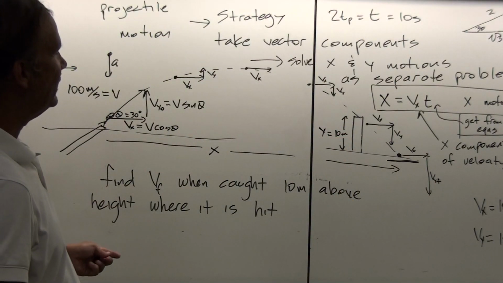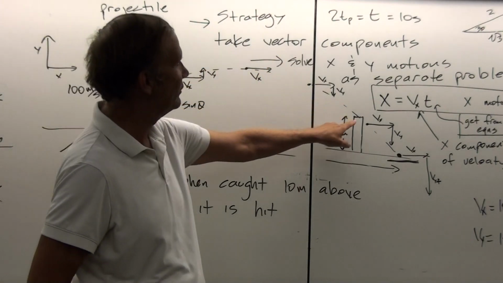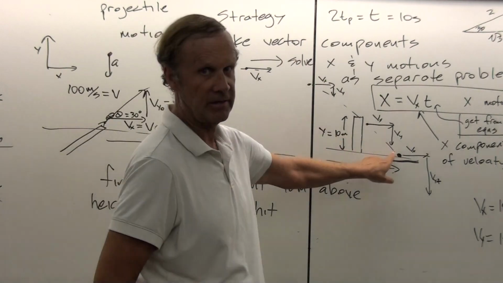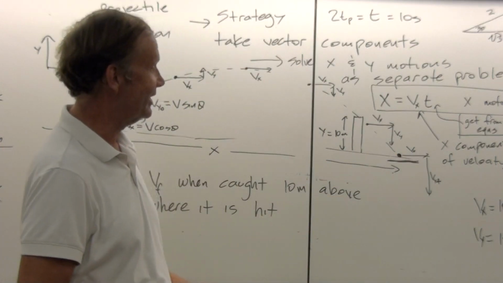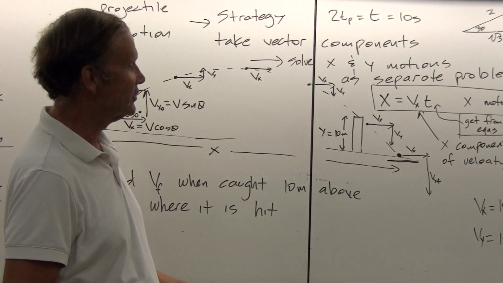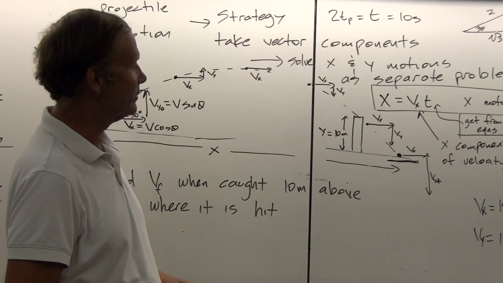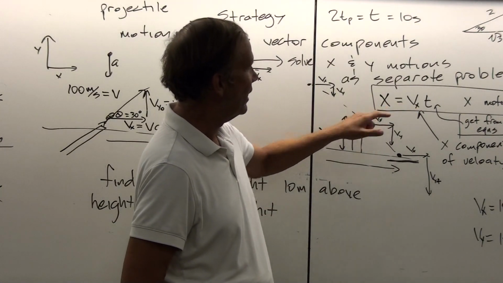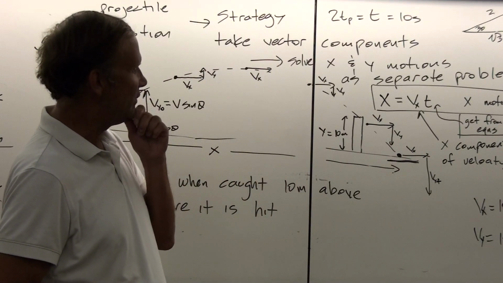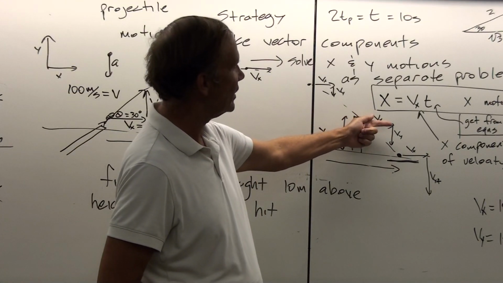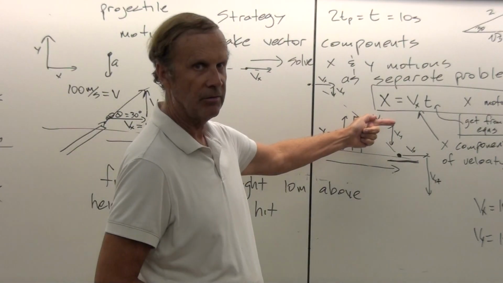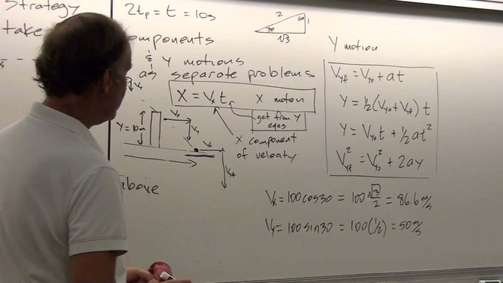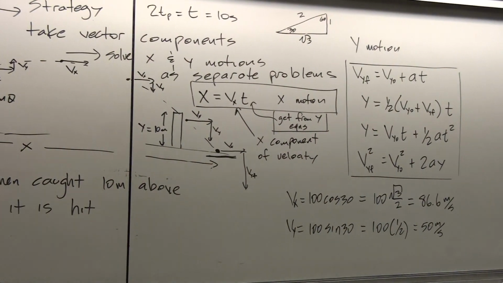And so we can't any longer say that we know what the time of flight is to that point. We do know it's going to be somewhere between 5 seconds and 10 seconds, and maybe a little closer to 10 seconds. But we can't say for sure what that's going to be without doing some calculations. And we're not asked for the x equations, although we should know that the x component of velocity stays constant all the way through. So that means that this x part of the velocity is going to be part of our calculation later on.